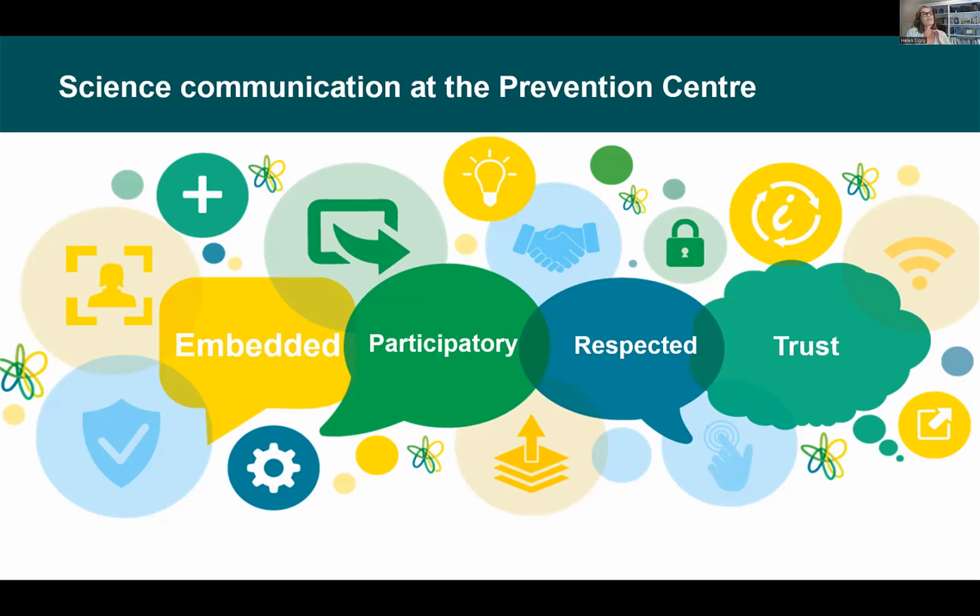What's slightly different about us compared to a lot of research organisations is that the science communication team is really embedded in everything the centre does. So when there's a research project, we're right there in the first meetings talking about, how is this going to be relevant for practice? How are you going to describe that? What are your key messages going to be? How do you talk about the complexity of what it is that you're researching? It's really rare, and it's a great luxury to work in an organisation that trusts communications people to that extent, and that's why I love the job that I do.